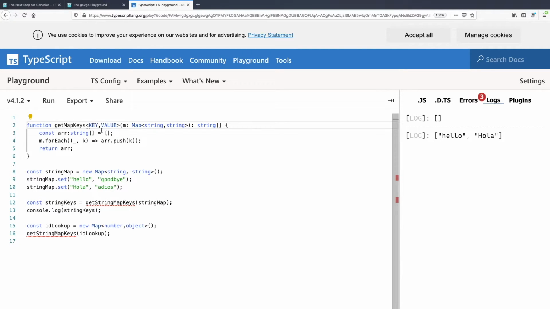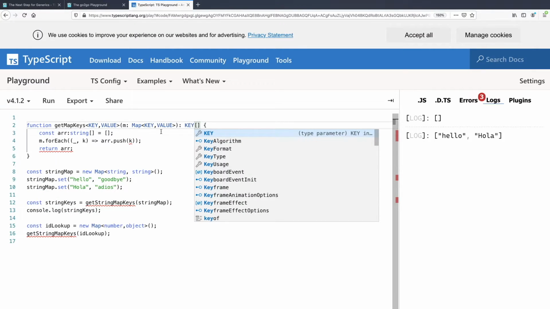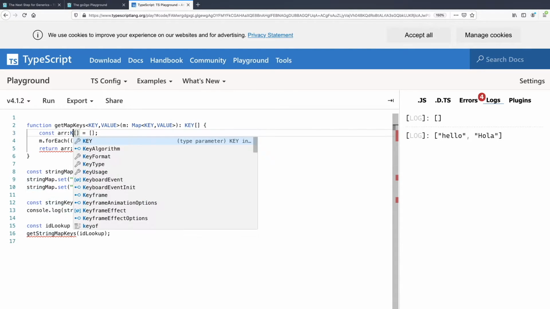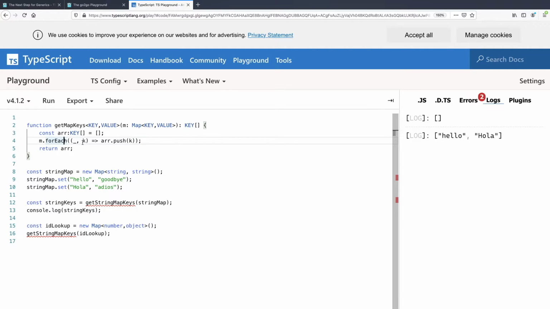These are just type arguments, arguments of a type passed to this method. Then we know that our keys are going to have type key, and our values are going to have type value, because that's what we're defining them as having. And we're going to return an array of the key type, because that's what type our keys are, if that makes sense. So now we need to define this array as the key type.